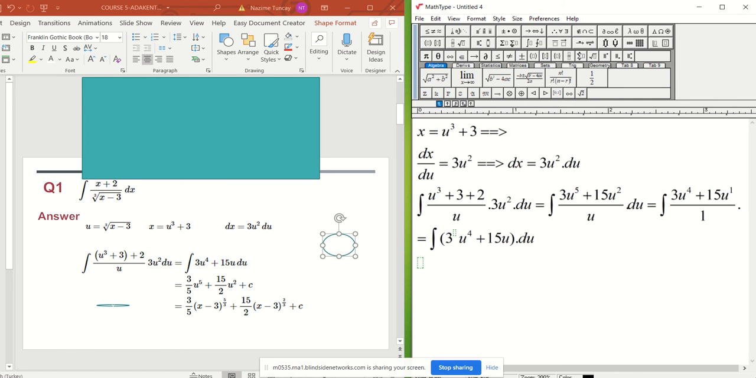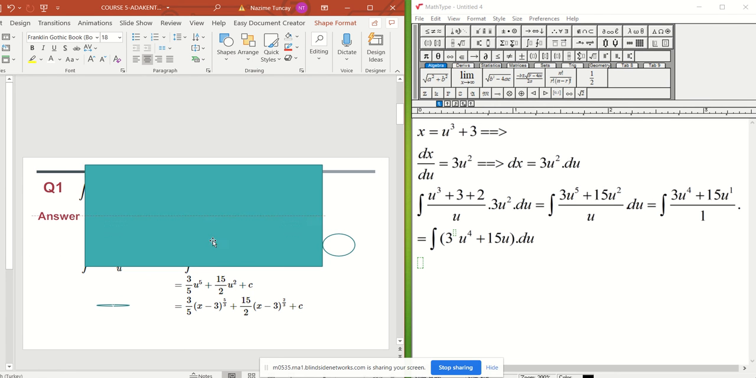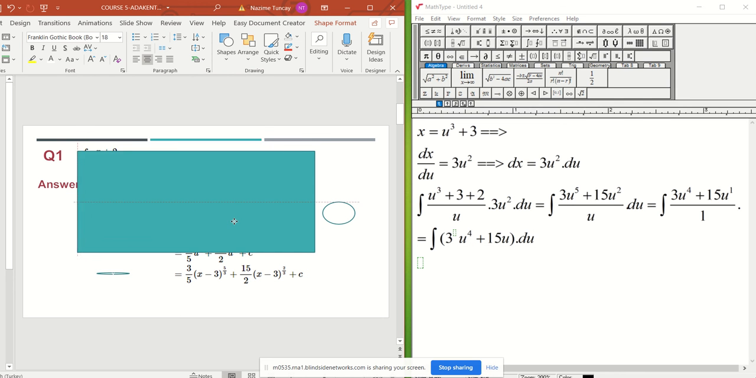Now you are just going to take the integral. The integral of this one is 3 over 5 u to the power 5, and the integral of this one is 15 over 2 u to the power 2, because when you take integration, you add 1 to the power and you divide by it. Okay, and this makes